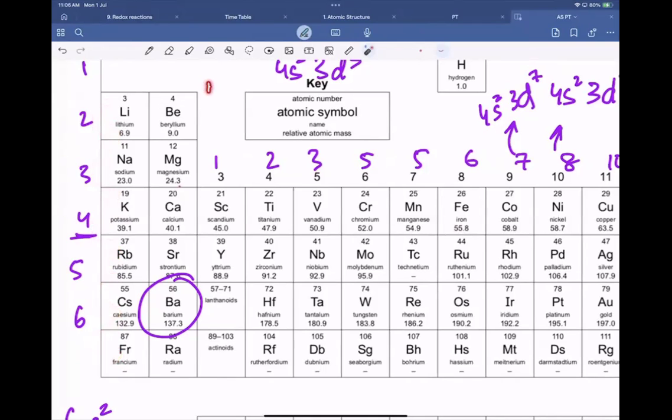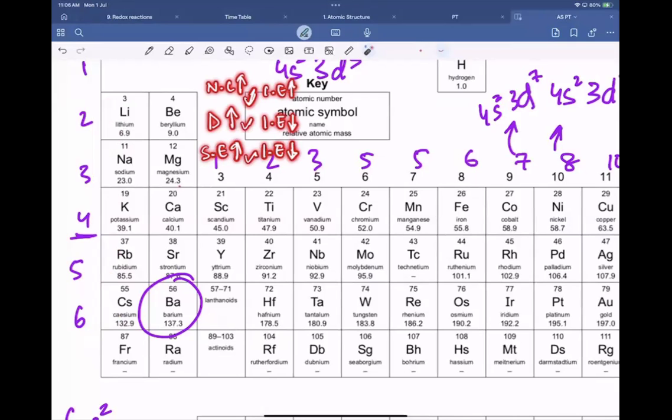Because nuclear charge increases, what happens to the ionization energy? It increases, right? When distance increases, what happens to the ionization energy? It decreases. When shielding effect increases, what happens to the ionization energy? It decreases. So all of these things are increasing down the group,